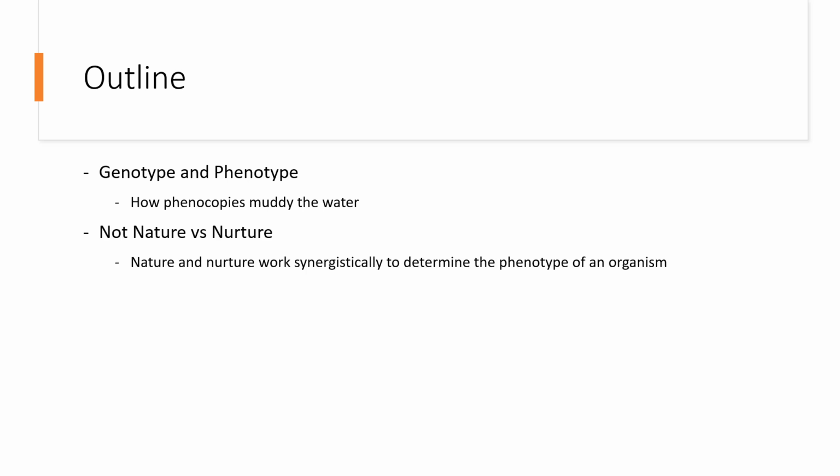This talk will begin with a discussion of the terms genotype and phenotype and how they have been understood in the past, and why phenocopying can make the distinction and relationship between the two murkier than it would seem at first. It is not as easy to draw a direct line from genotype to phenotype as it may have once seemed. Diving deeper into this idea, we will look at the false dichotomy often presented between nature and nurture sources of variation in development. Rather than seeing the two forces as opposite binary forces, it is imperative to see them as intrinsically linked and influencing each other in a reciprocal manner.